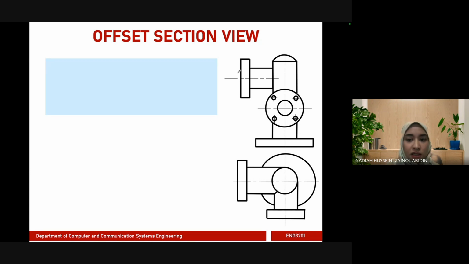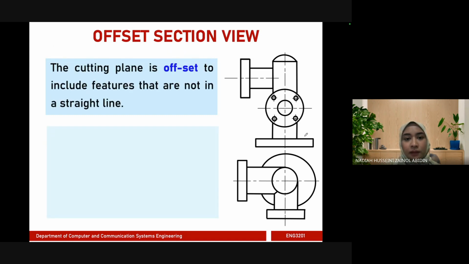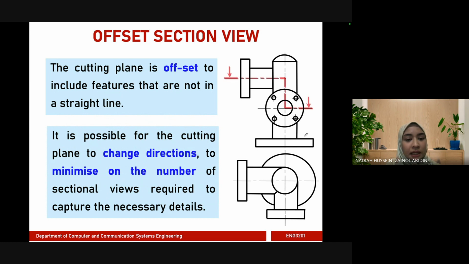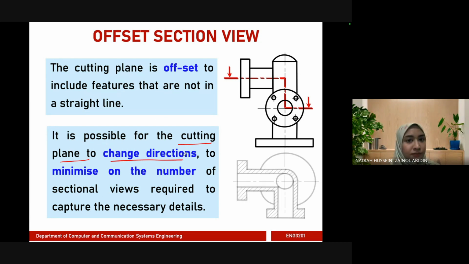So this is an interesting model. We have not drawn this type yet. The cutting plane is offset to include features that are not in a straight line. It is possible for the cutting plane to change directions. We have seen this to minimize the number of